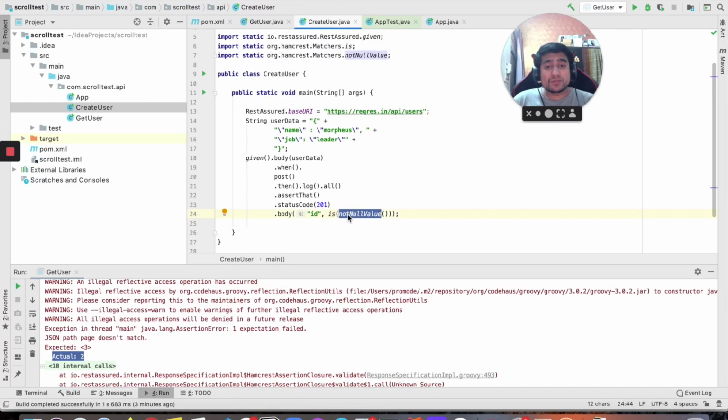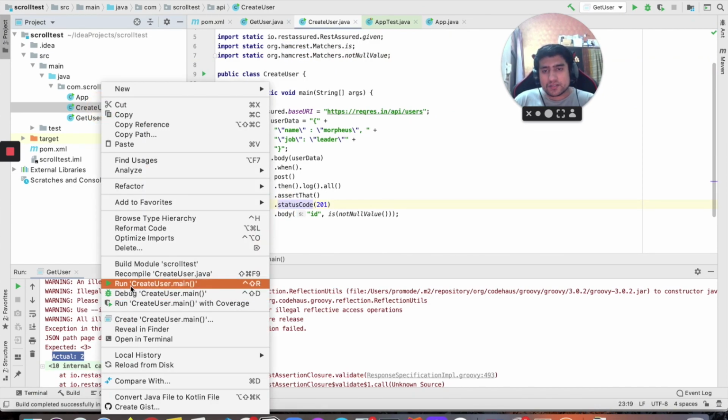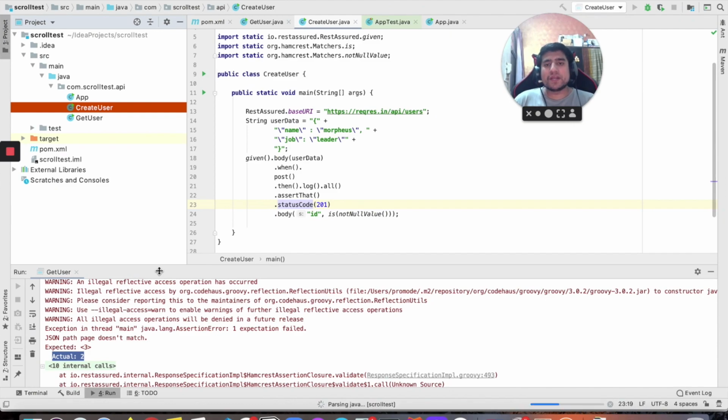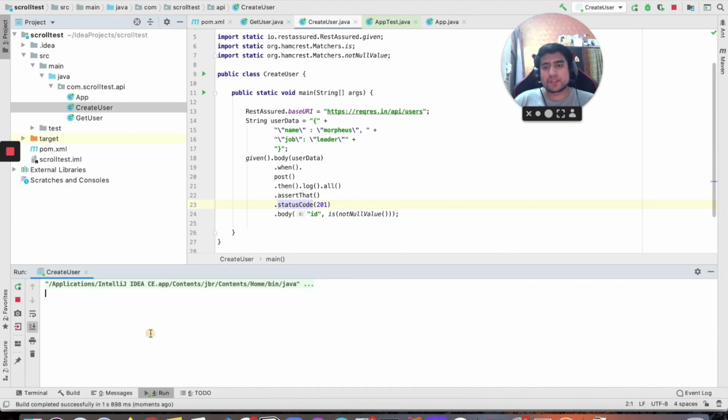And what I am using to check it is a matcher of Hamcrest. Okay. So Hamcrest is an assertion library which provides you certain matchers so that you can leverage it, right? You can check for not null, null, object values, different kinds of assertions, right? We are going to explore that in the upcoming videos. So that's what I'm checking here in this case, create user, right? So let's run it using the main method, or you can directly click here.